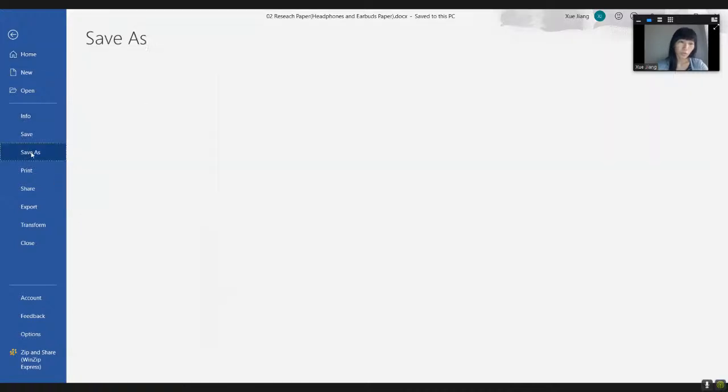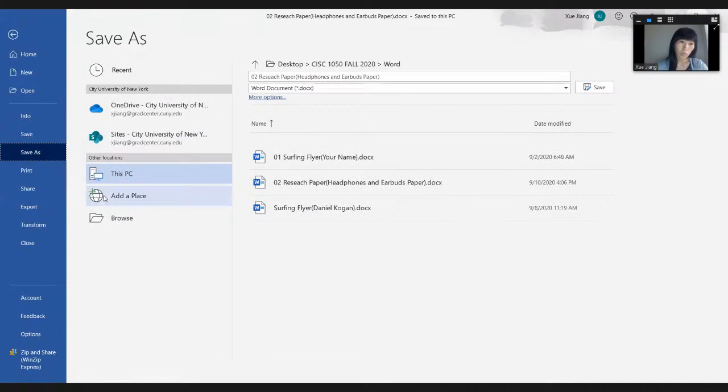Also, we taught how to save last time. You can save on your OneDrive. If you have a CUNY account, you can save to your OneDrive cloud storage. You can save on any